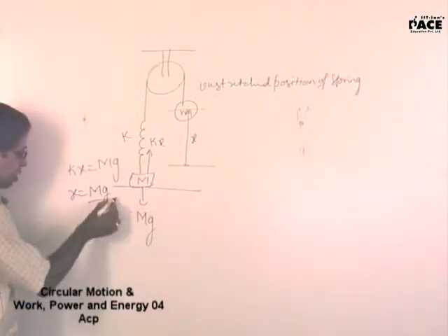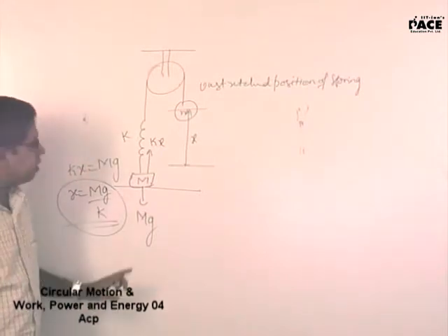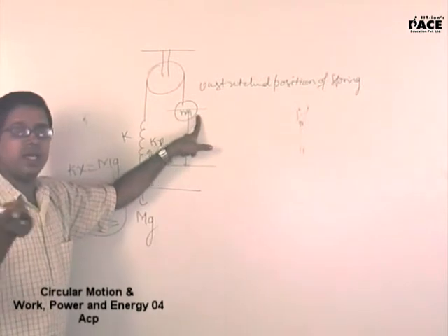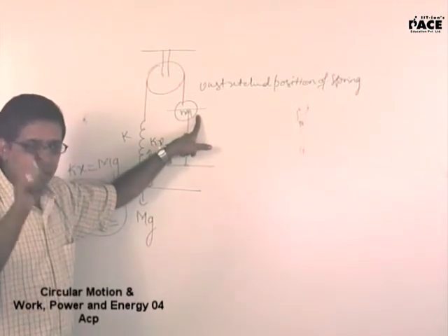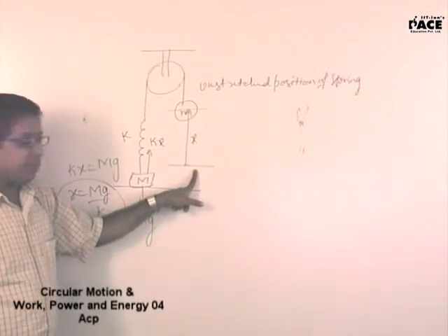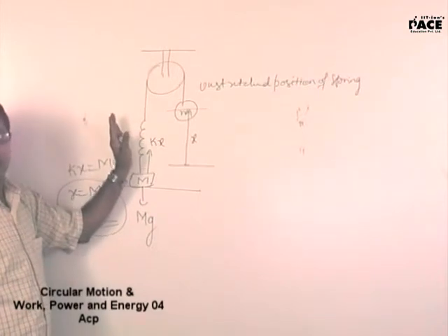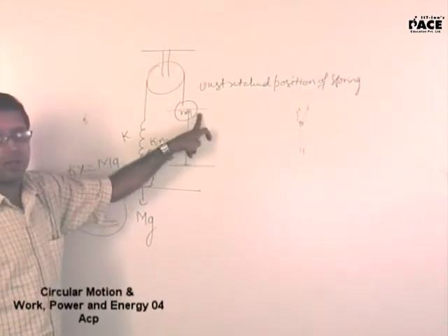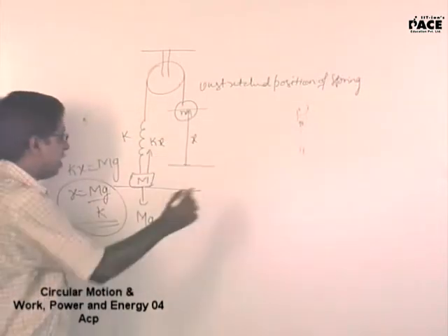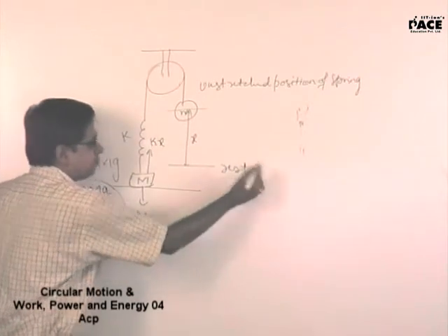And what is that elongation? That elongation is Mg by k. That means this mass will be considered to be the minimum mass if it has a displacement of at least x. If it has got a greater displacement, no doubt capital M will take off from the ground. But then that will not be minimum mass. And when will that be minimum mass? If this value of x is attained by it when it comes to rest here.